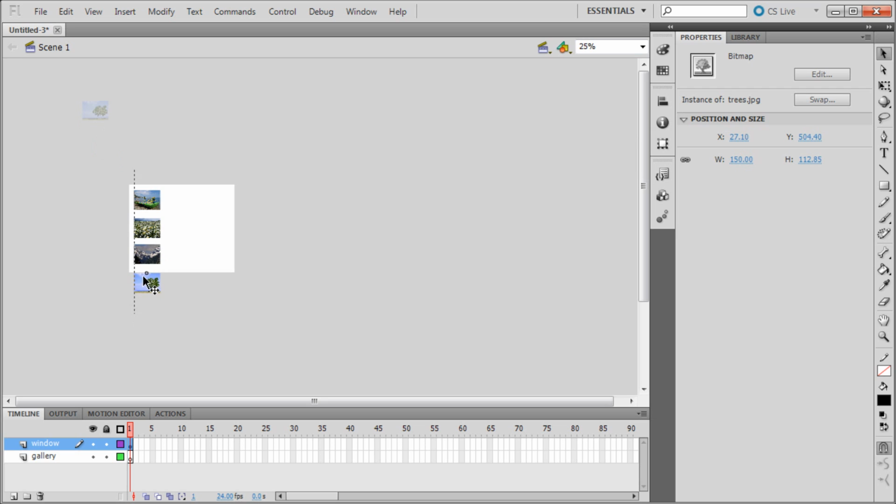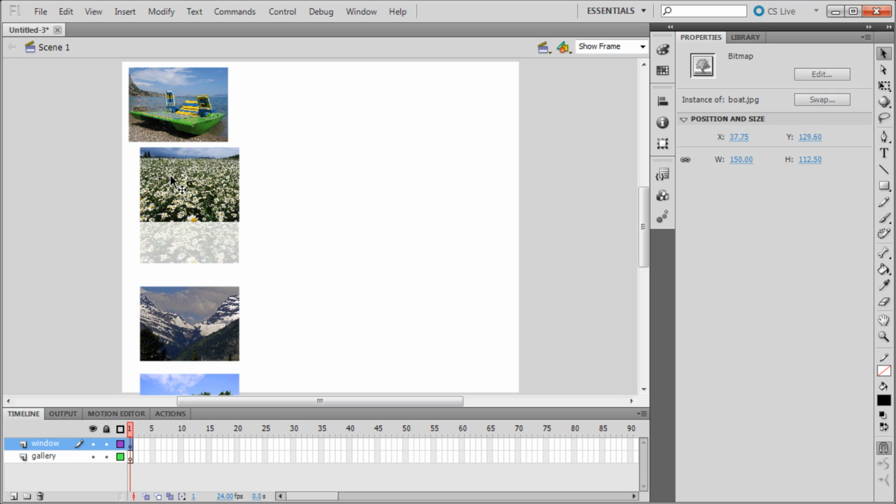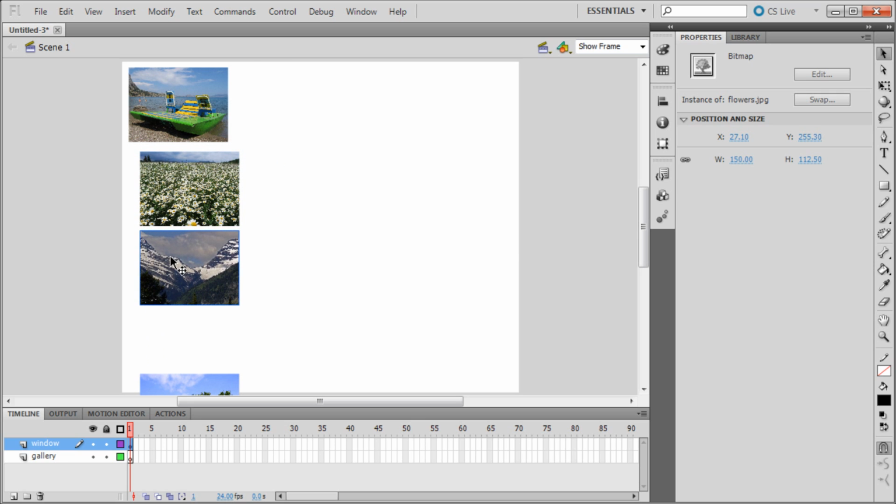Alright, so now that I have that done, I should probably get this on the stage, and we can go back to show frame, and that'll show the entire stage here. So that's why I was trying to get that image up a little higher. And so what we're going to do now is I'm just going to try and position these images where I want them. The top image and the bottom image are the most important, and everything else in between really isn't,